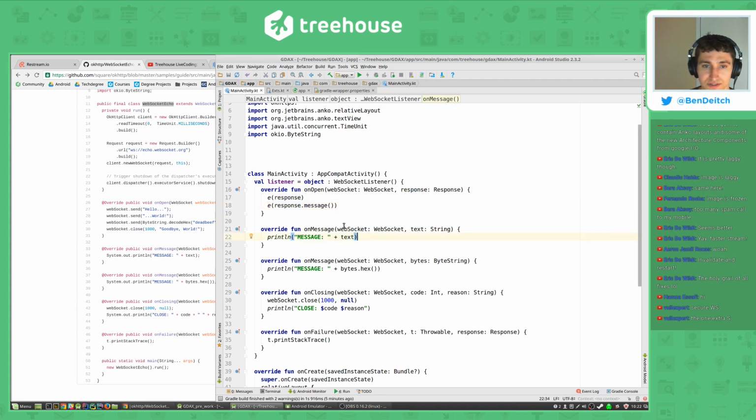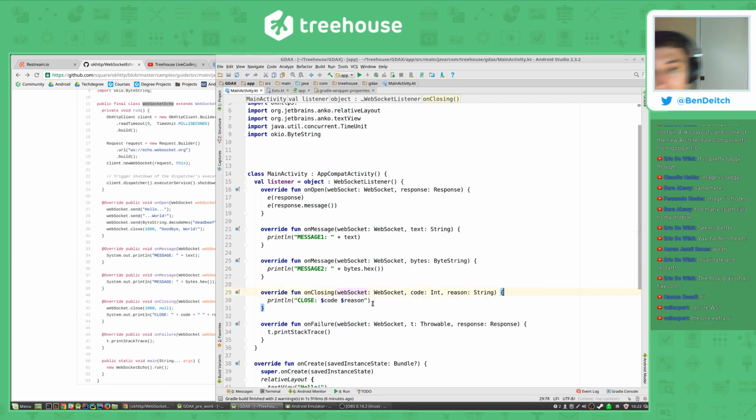And then on the message, yep, that looks good. This looks good, but let's differentiate these with a 1 and a 2, because I bet we don't need both of them. And then closing. This seems odd, that you would call close on closing. That seems like something that would already be happening, so I'm just going to take that out. Who knows if that's right, but we'll see. And we got close, and it's already got a good thing there, and we should replace these with our own thing, and then